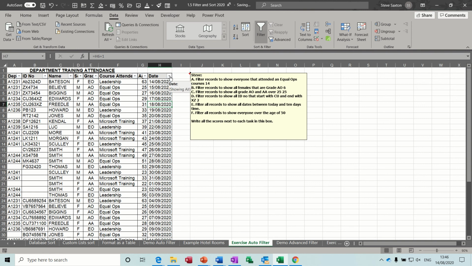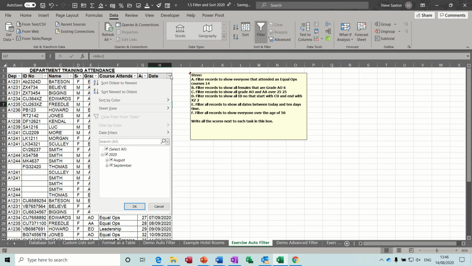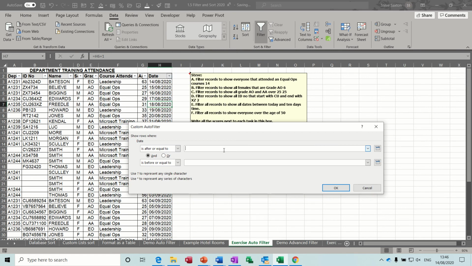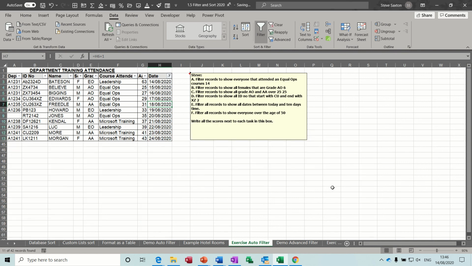So today is the 14th of August on mine, so date filters, so between at the end there, date filter today and the 24th, okay, and that's 11 of 42, we'll put the number in there, 11, click away, filter all records, everybody over